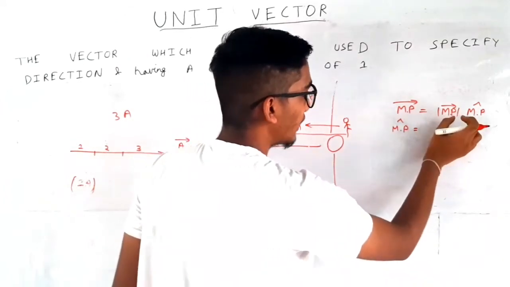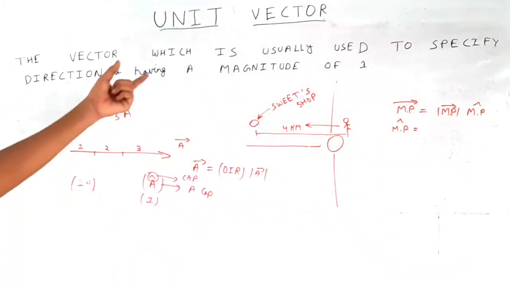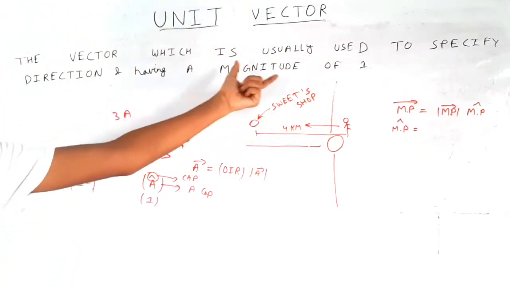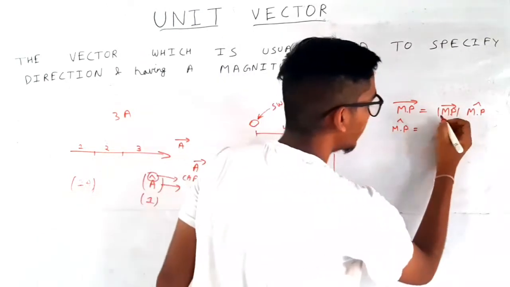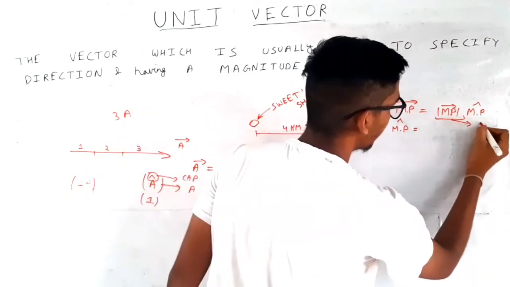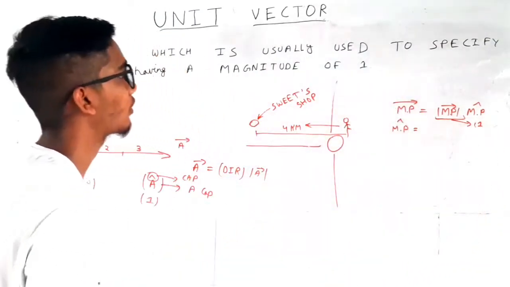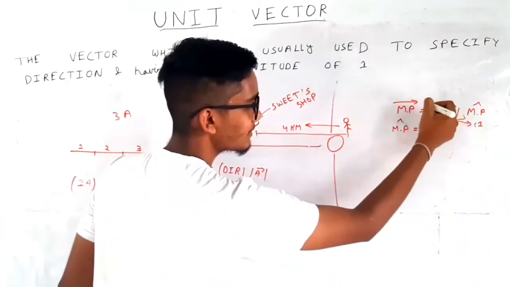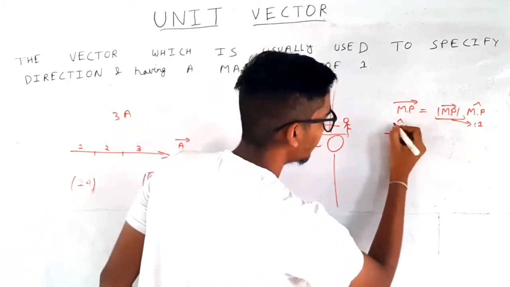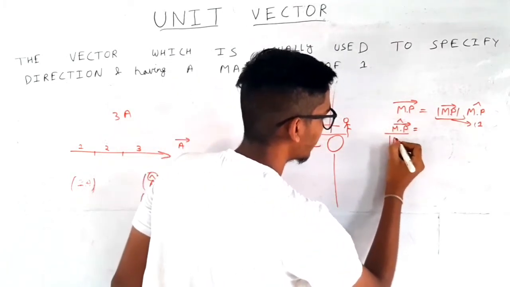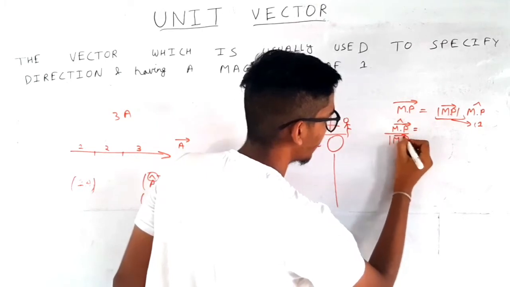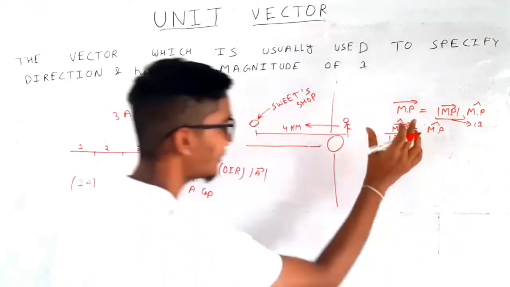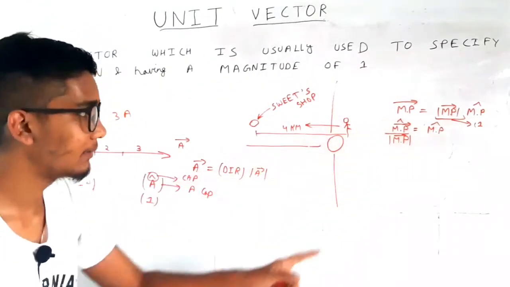So how do we get that 1? Because we have to have a magnitude of 1, we have to take a unit vector having a magnitude of 1. So here we have 1 according to the definition of unit vectors. Then we take this magnitude of Mr. Patel downwards, and the unit vector of Mr. Patel is represented by this.